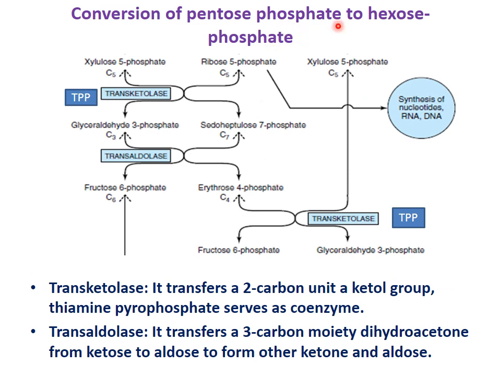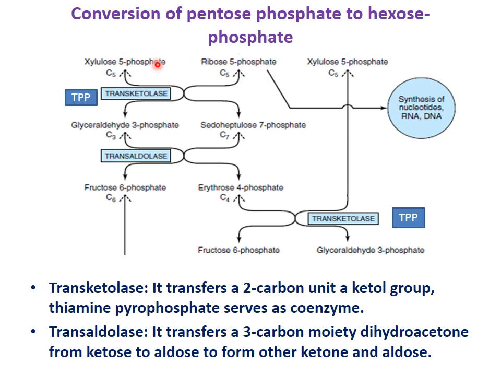Now, conversion of pentose phosphate to hexose phosphate. So now the non-oxidative stage. The first step we have seen, now it is the second step. What is the second step? All these pentose phosphates are now converted into hexose. So this ribose 5-phosphate which was formed is utilized for synthesis of DNA and RNA. Now we have 2 xylulose 5-phosphate and 1 ribose 5-phosphate.